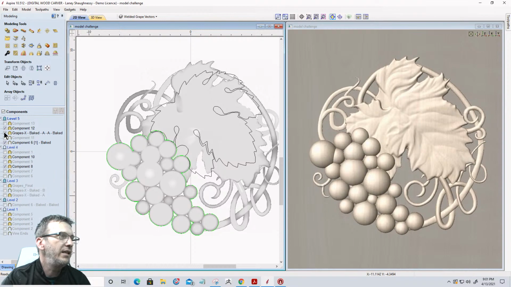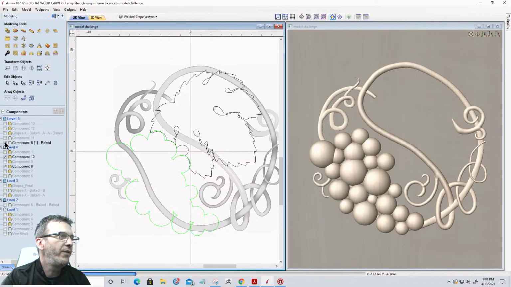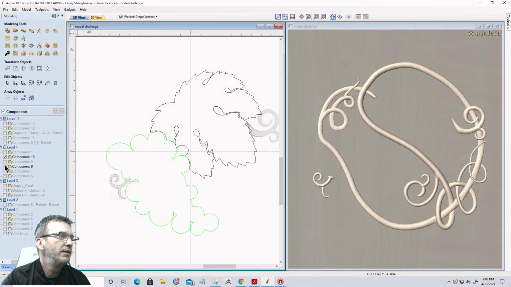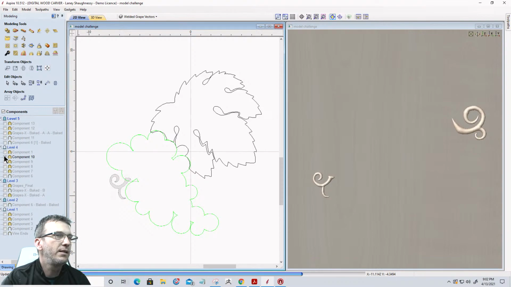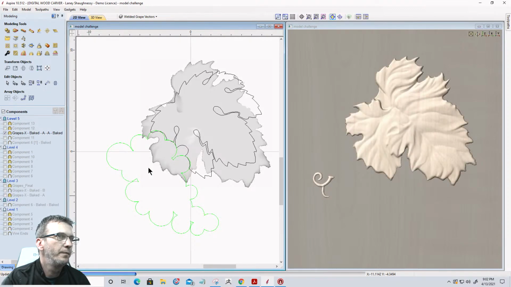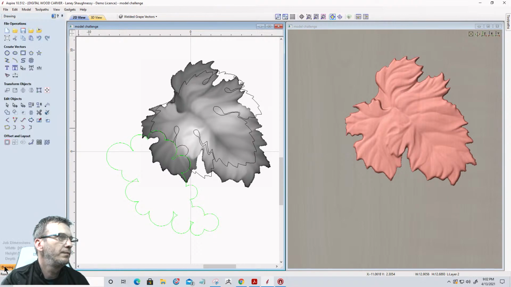Turn off that, that, this and this. Turn my leaf back on. And on here, if I go into the trace bitmap tool,